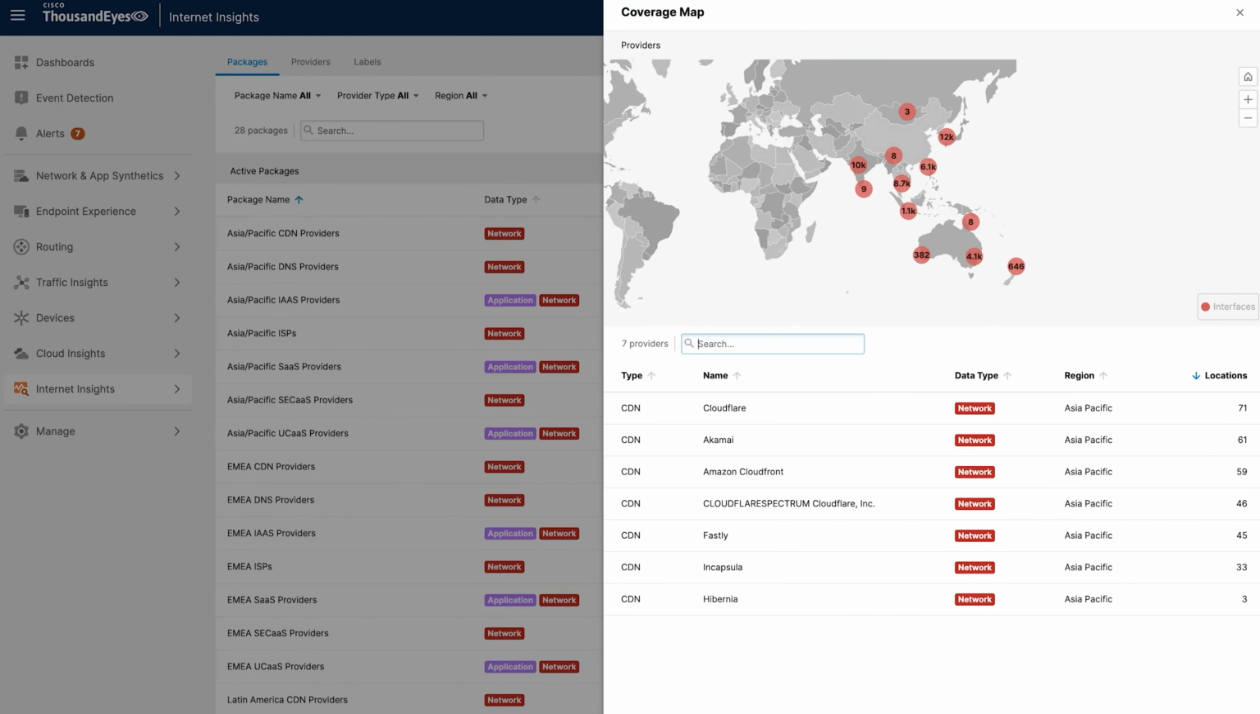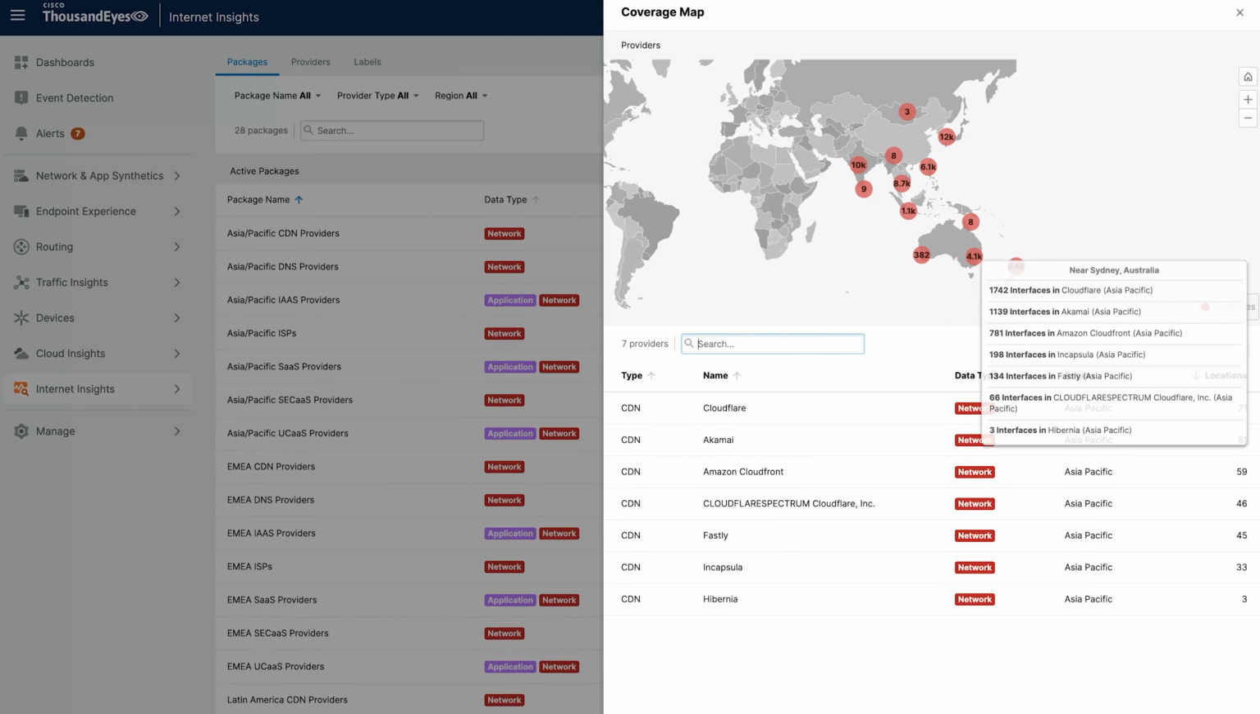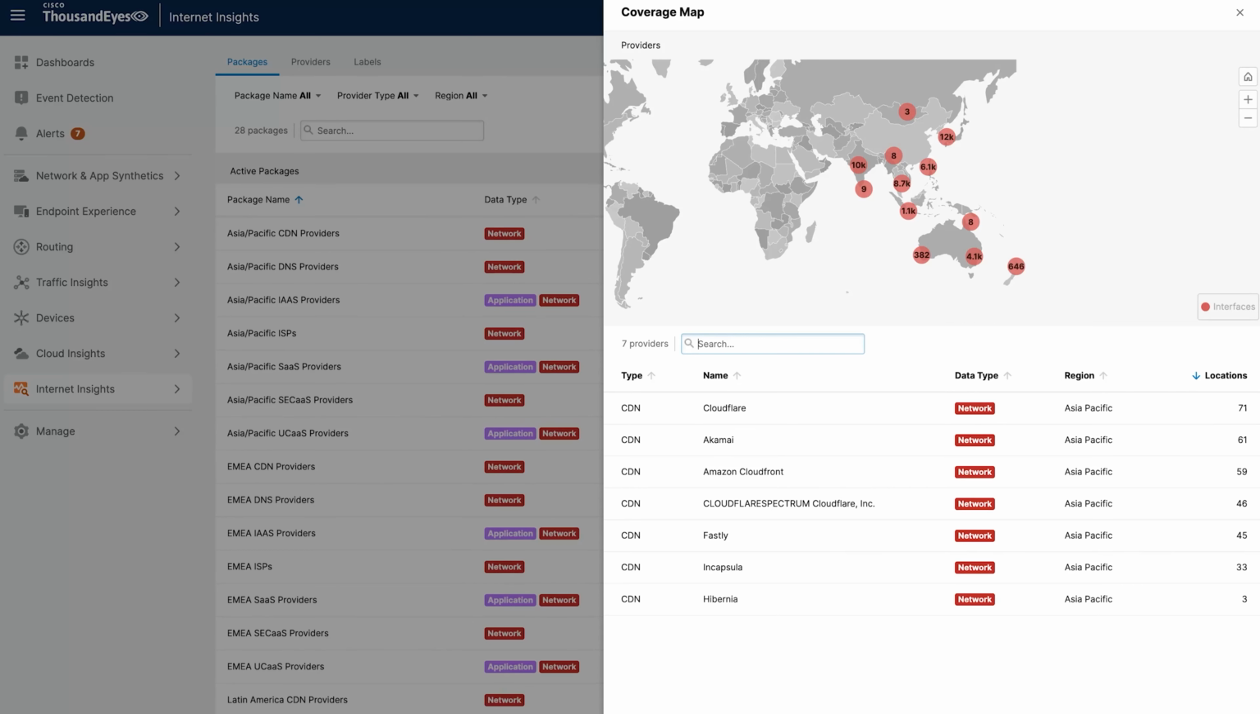Selecting a package reveals the available information, including coverage maps that show the contents of each package by region. With network data type selected, the dataset shows network interfaces. Hover over a location to view interface details. For example, you can see provider details for Sydney, Australia. If you have existing ThousandEyes tests for a specific application or provider, consider obtaining additional packages to identify outages beyond